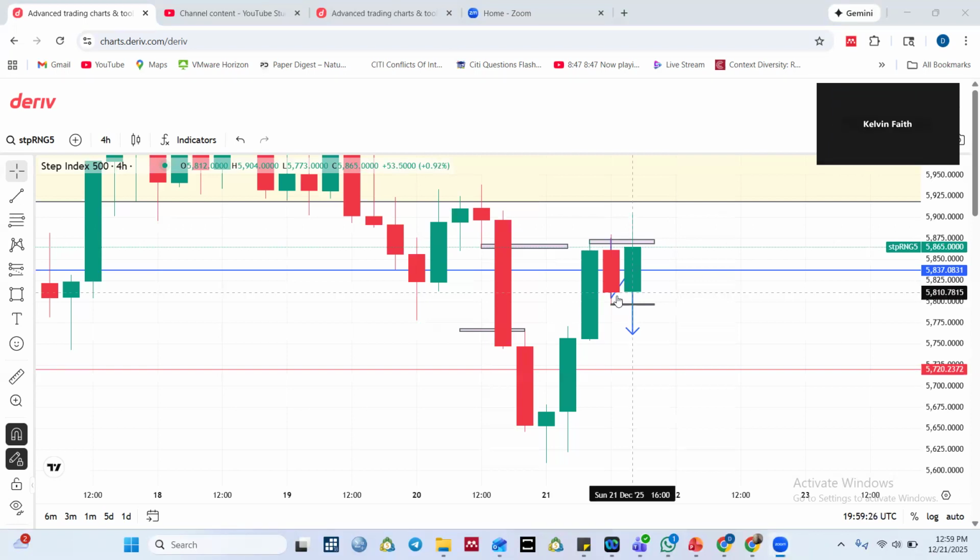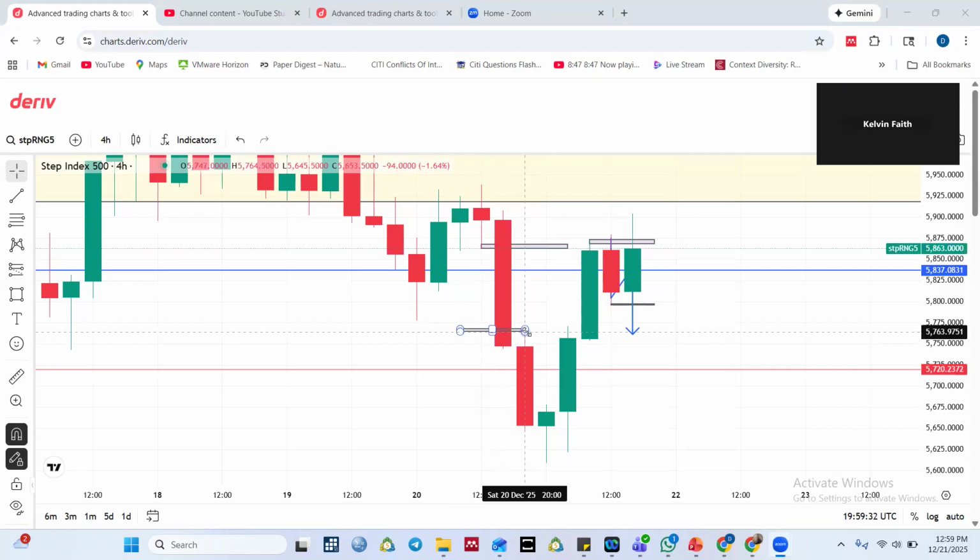a fair value gap is going to be the low of this first candle, which is the wick here, and the high of the third candle. The space in between, on the second candle, that this high of the third candle and the low of the first candle doesn't overlap. Okay, this space here, once you see a space here like this, that area is what we call a fair